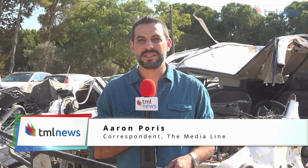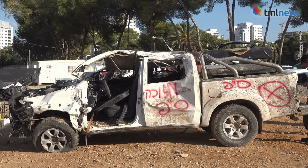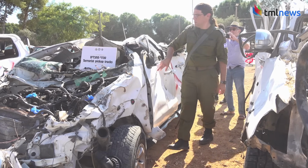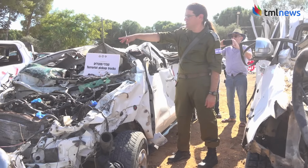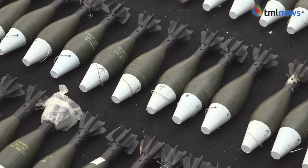At an IDF base in central Israel, the international media was invited to see firsthand the stark evidence, a reminder of why the IDF began its current conflict against Hamas in Gaza. We started the tour with the pickup trucks that you could see behind me, which were used by Hamas terrorists in southern Israeli communities, followed by a tour with Lieutenant Colonel Idan Sharon Kettler, who showed us as much evidence